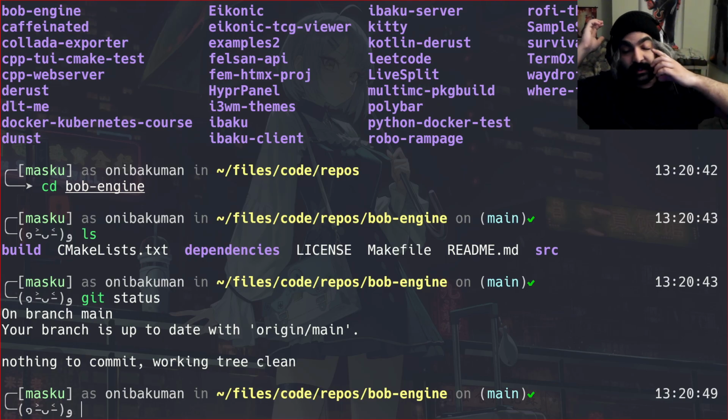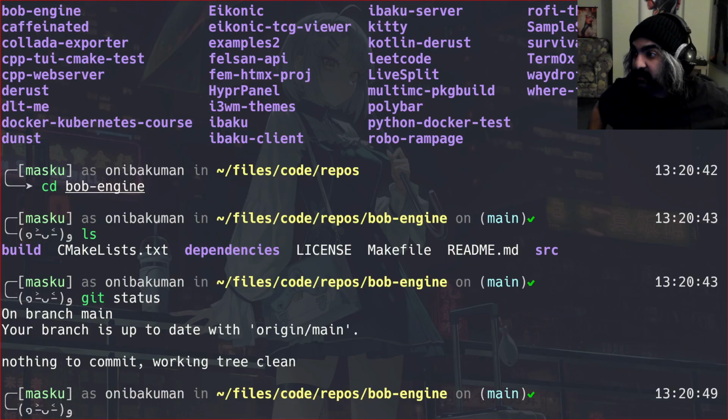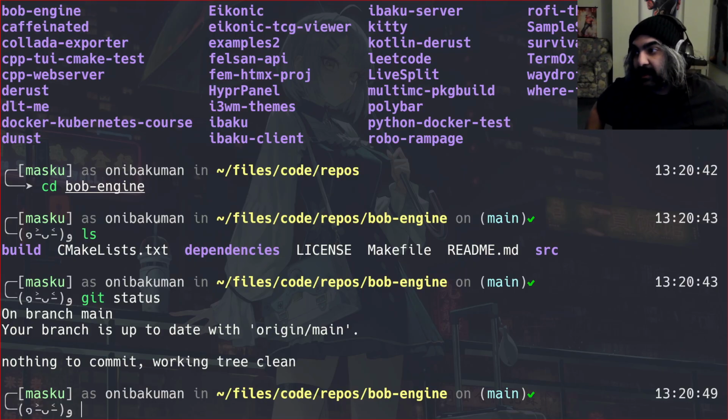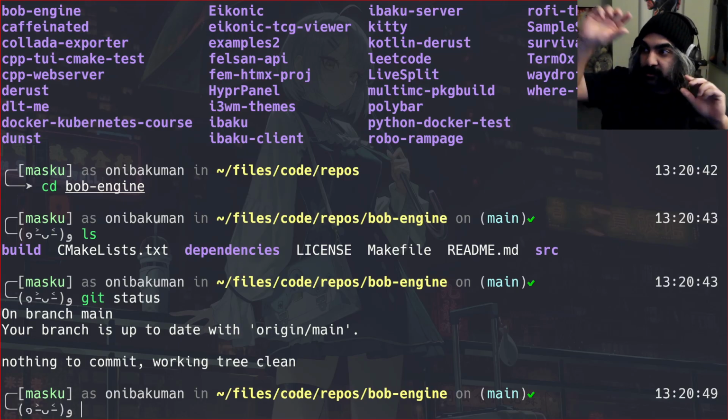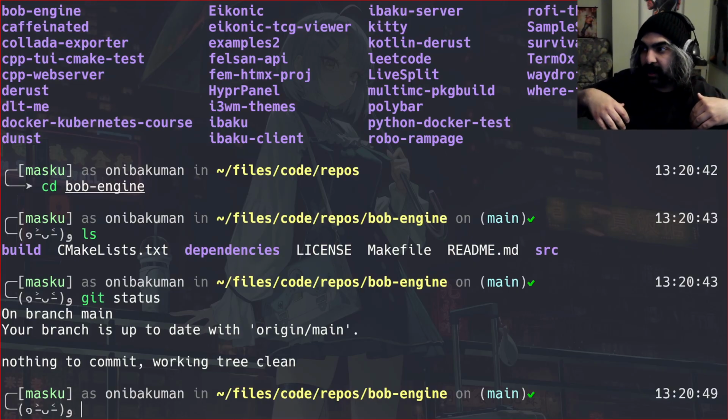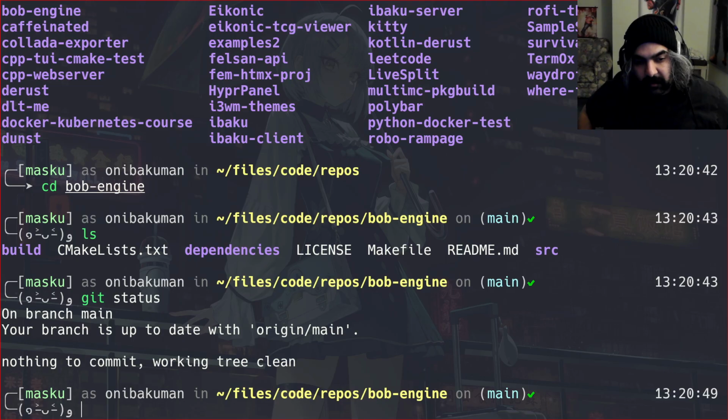tells you if you have anything to commit, if you've actually made any changes, and whatever the status of the tree is. One thing to first note about Git is that Git is a decentralized thing. So whatever you do locally does not actually happen on GitHub. GitHub is a service which hosts an instance of Git and basically replicates whatever changes you made when you push things out to what we call the remote. So we think of GitHub as the remote, and our local here is what we're working with locally on our